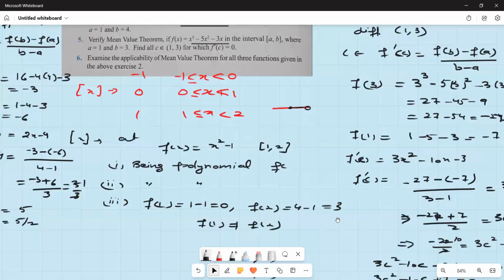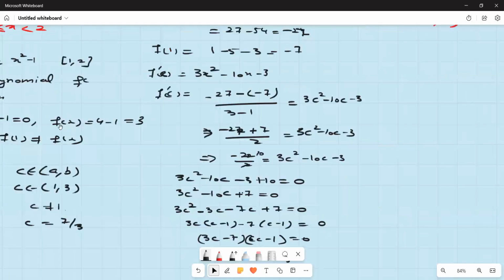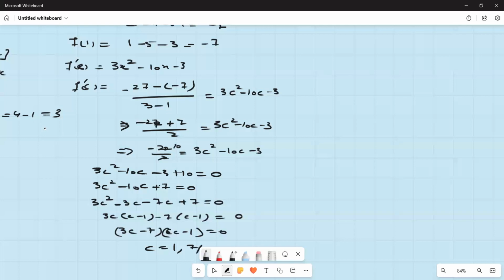Then what is the second part? Find all c in (1, 3) for which f dash c is equal to 0. We also need to find that. Hence, this is verified. Now, if we say f dash c is equal to 0, so 3c square minus 10c minus 3 is equal to 0. So, 9 and this